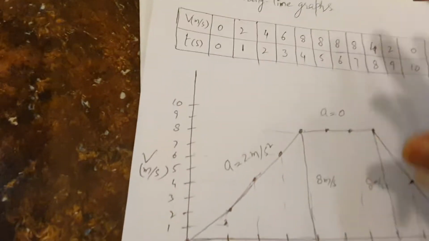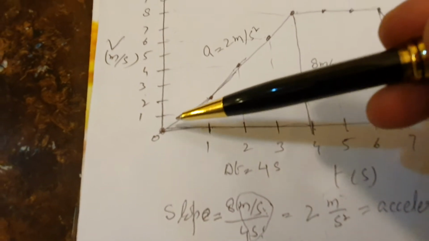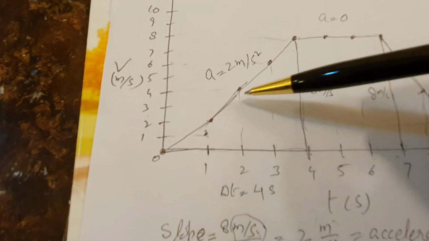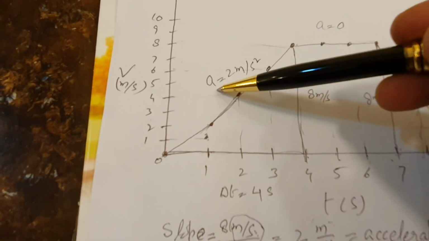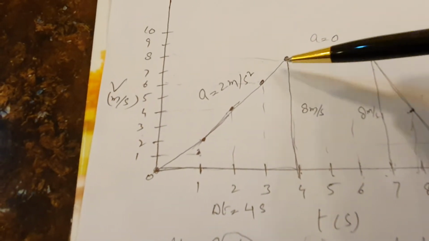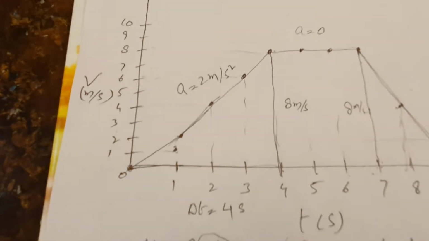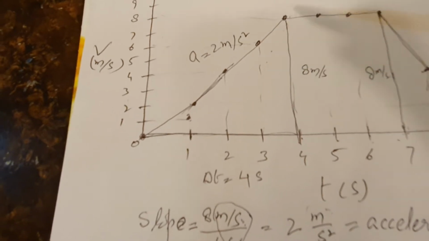All right. So I'm going to describe this motion again. So object starts its velocity from 0. Its velocity continues to increase at a rate of 2 meter per second squared, at an acceleration of 2 meter per second squared. And in which direction is it going? This slope is positive. So I would say that object is moving towards positive x-axis, towards right hand side,